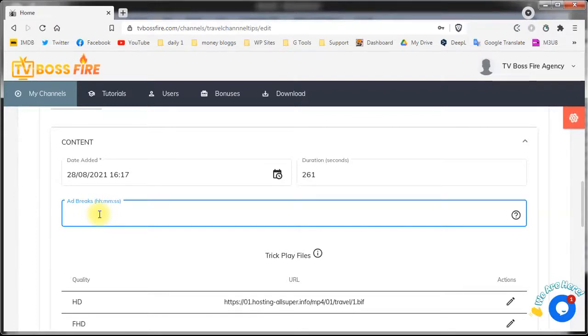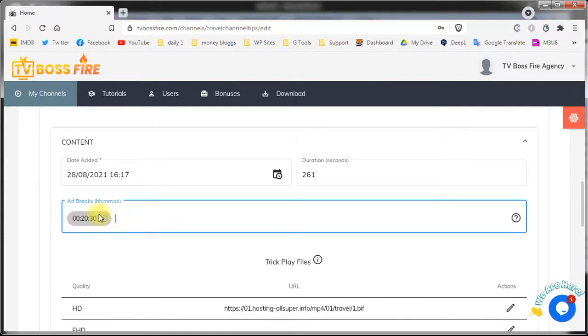The format must be as follows. Let's say our video is 30 minutes long and we want a video ad on minute 20 and a second on 30. Click enter and you have your first ad break set up. By default, Roku will show an ad at the beginning of the video. And with this, our video metadata is already set up.